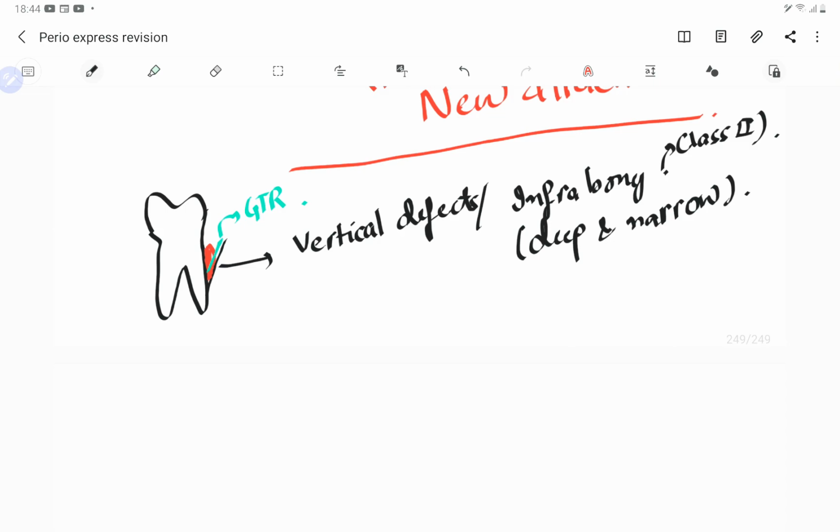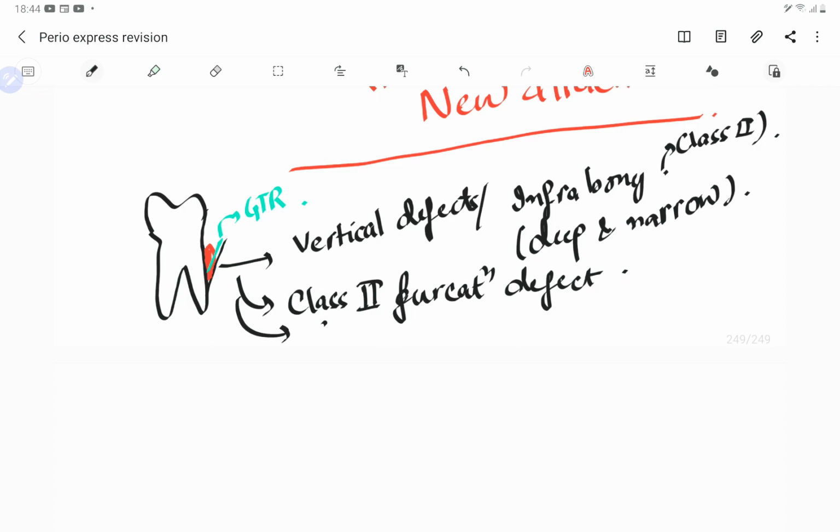If there is inadequate attached gingiva, then we cannot do any surgery. As I have told you, there are only a few surgeries, for example apically positioned flap, in which we can regain the attached gingiva. Other than that, inadequate width of attached gingiva is majorly a contraindication of almost all the procedures except the procedures which are used to increase the width of attached gingiva, right? Also in case of class 2 furcation defect, we can place the GTR, or in case of the circumferential defects. These are the major things.